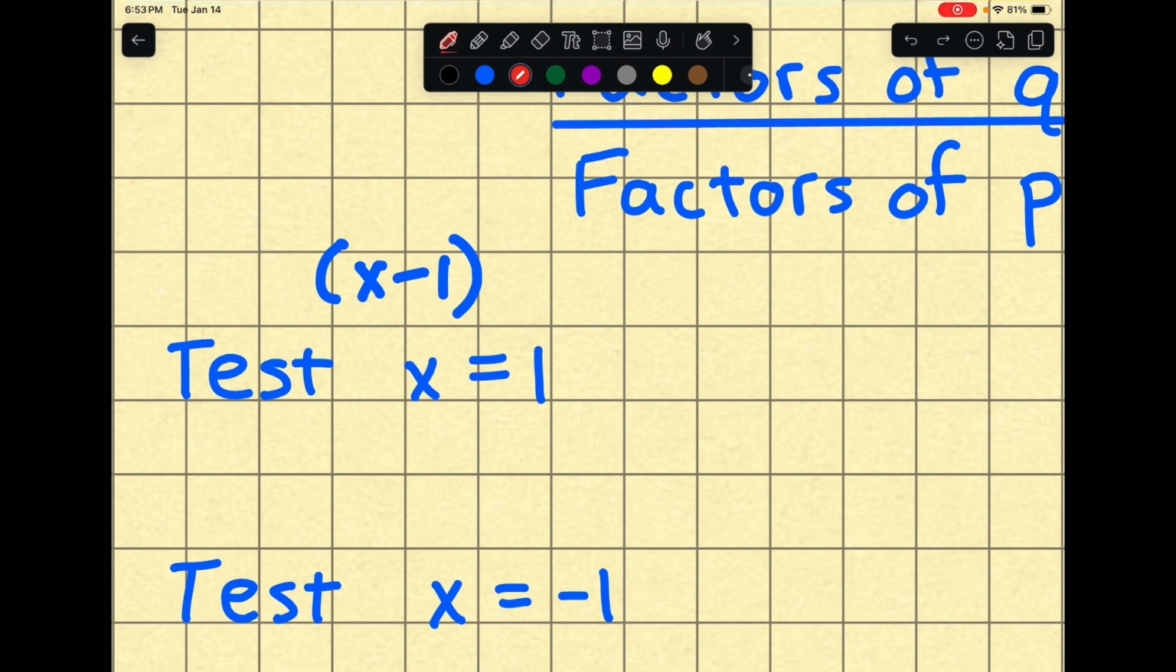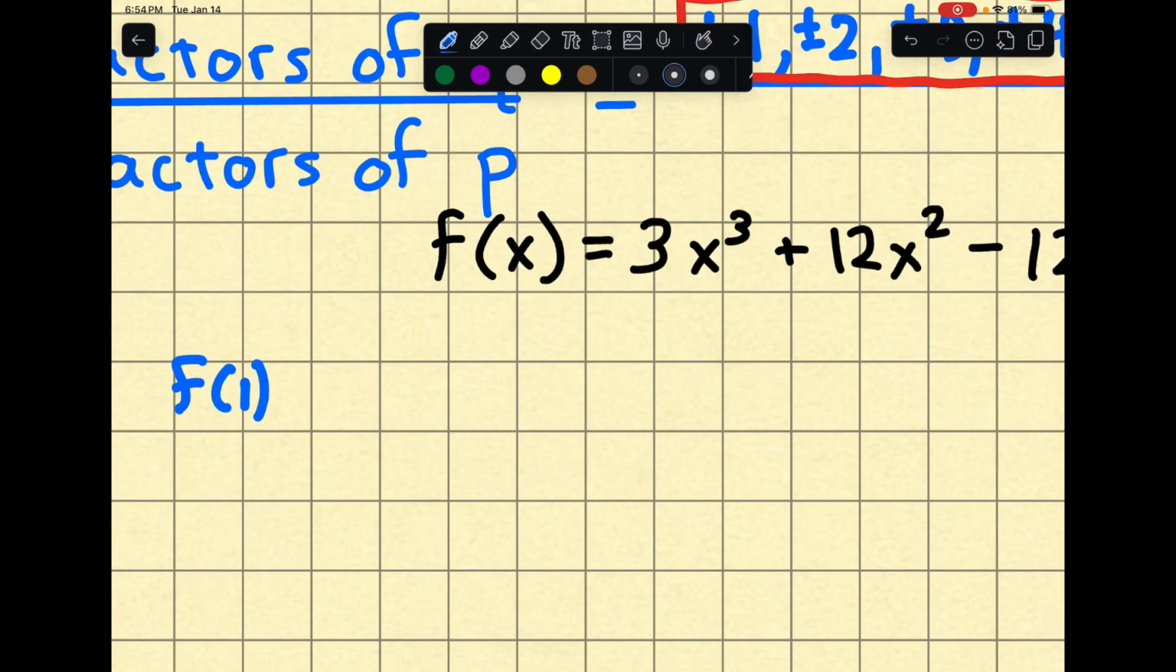And when we learned remainder theorem, we learned that if we think of our binomial as x minus c, then we want to evaluate f of c. Whatever the answer is, that's the remainder. So in this case, c would be 1. So we're going to find f of c, or f of 1. So f of 1 is equal to